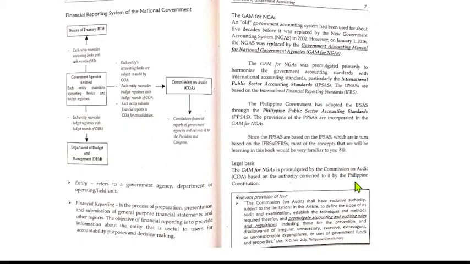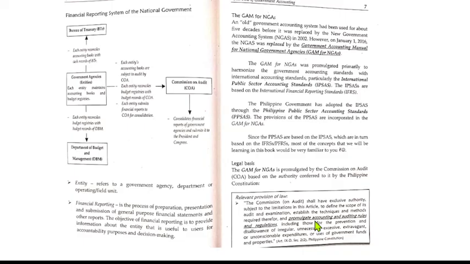So ngayon, ang tanong diyan ay bakit COA ang gumawa ng rule na ipopromulgate nila, sila ang mag-audit din niyan. Dahil nakalagay mismo sa Philippine Constitution as we quote here, the Commission shall have exclusive authority, exclusive sila lang, subject to the limitations in this article, to define the scope of its audit and examination, establish the techniques and methods required therefor, and promulgate accounting and auditing rules and regulations, including those for the prevention and disallowance of